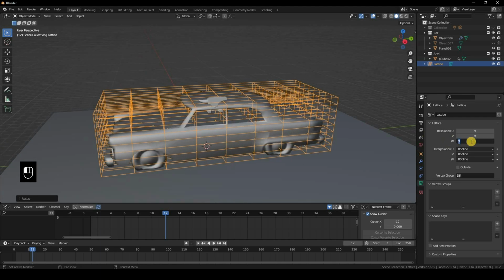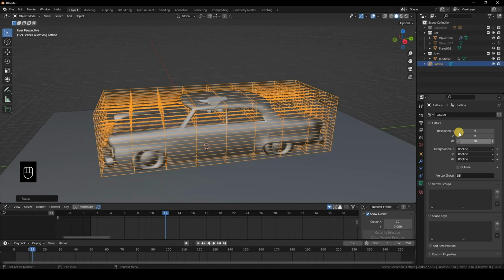Maybe on the W, go with 18. We actually need more on these two parts. Okay, so on V or W 18, and on U just 9 will do. And you can click the car model